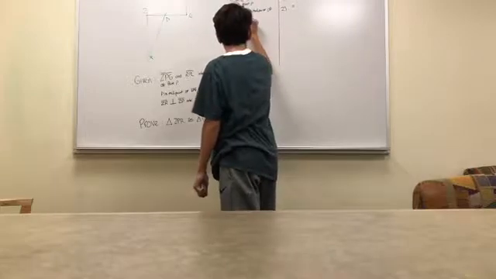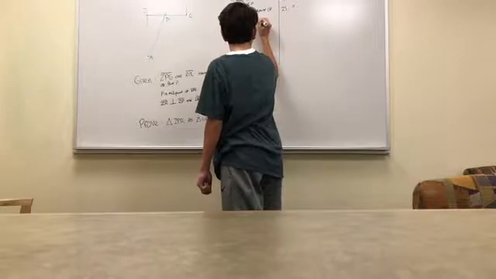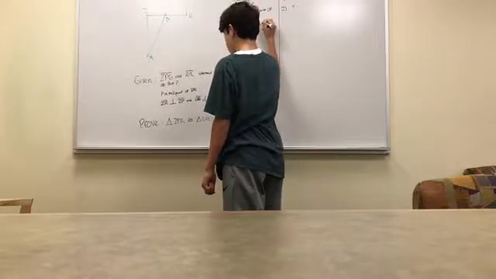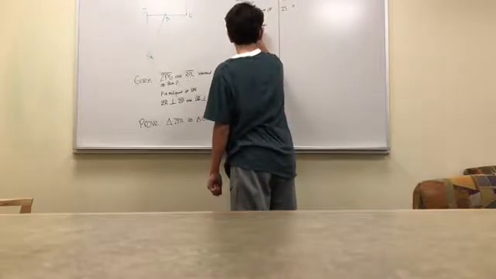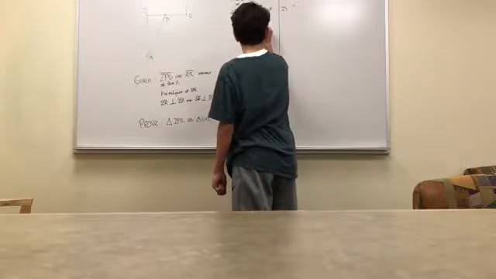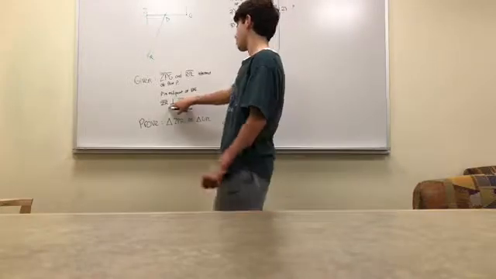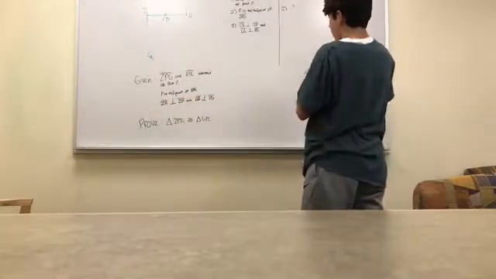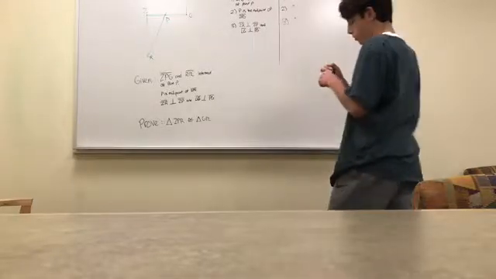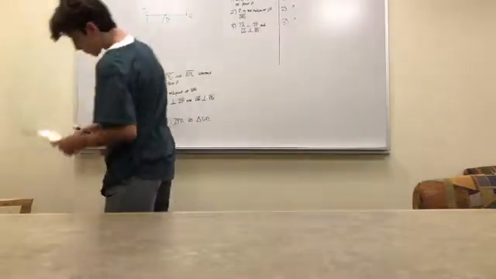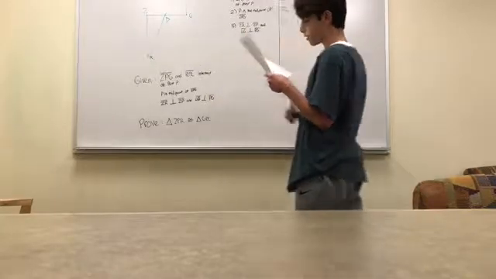This symbol right here is just saying that these are perpendicular. So that is also going to be a given, so you just use quote marks. Our first statement that is not going to be a given is going to be